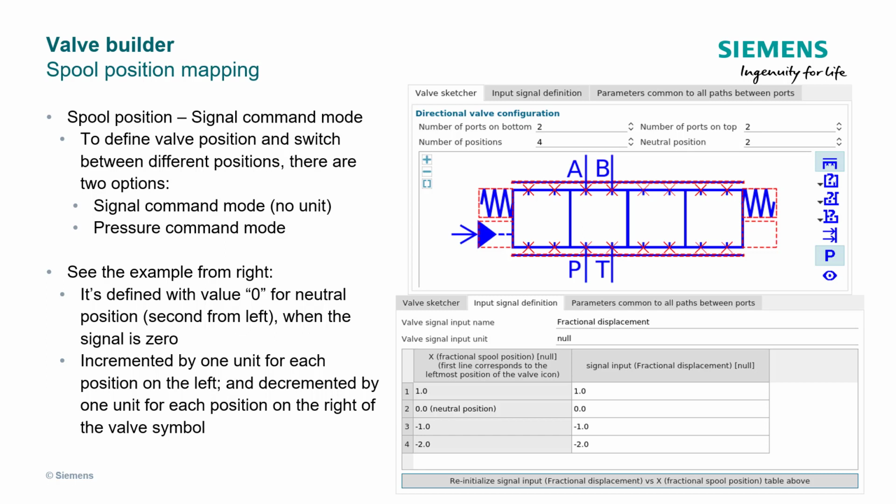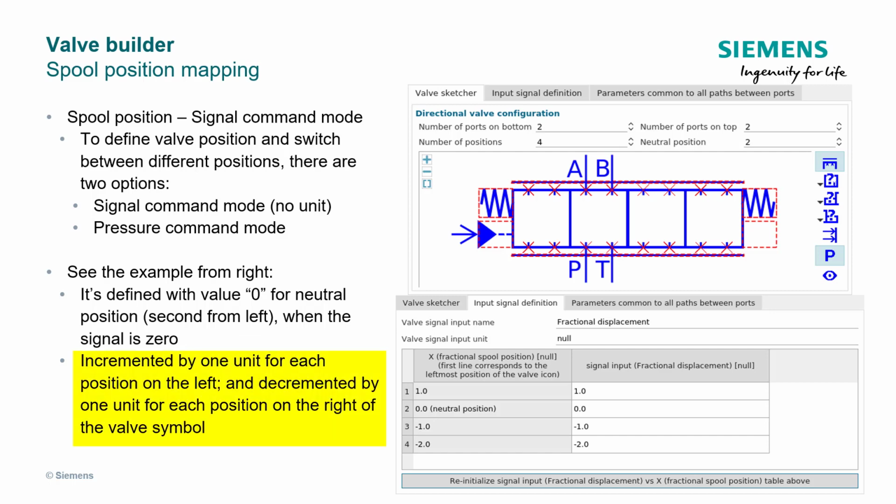Now after drawing the flow path, we need to set the spool position mapping. In Valve Builder, you can choose the signal command mode. Either it's a pure signal command without any unit, or it can be set as pressure command mode, where a hydraulic pilot pressure is applied on the valve spool. If the valve is set to signal command mode, then according to the valve sketch, a mapping table is provided for us to input the valve position and its corresponding input signal value. Of course, you can use any value to define the valve spool position, but be careful with the left and right